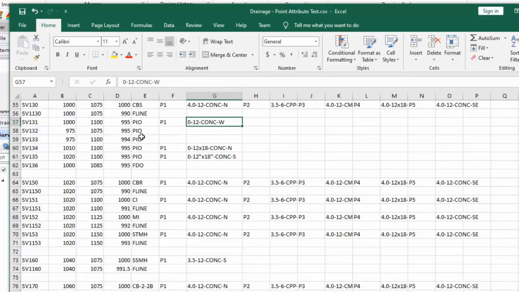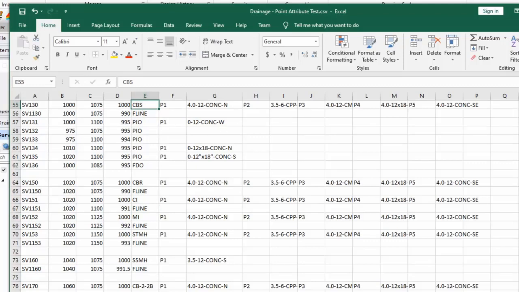So I've got a couple more PIO shots with no attributes just for testing. I have a floor direction only shot for testing. And most of my testing was with the old pipe code or the old drainage codes that we restored. But I do want to make sure that you're aware that the type specific codes also work with this. So I'm just using the CBS for most of my testing and demonstration here.